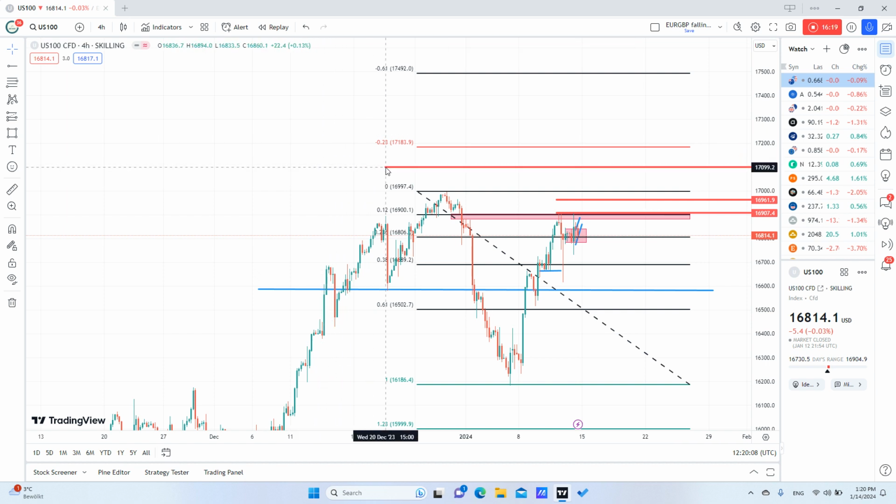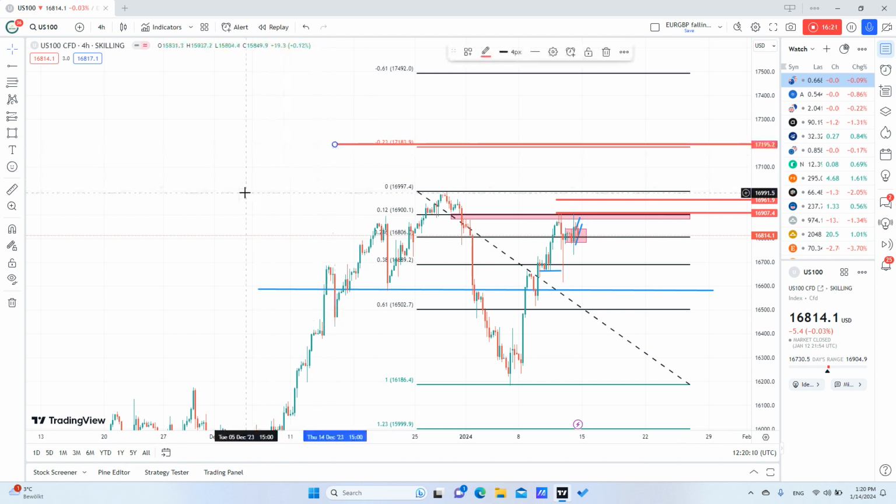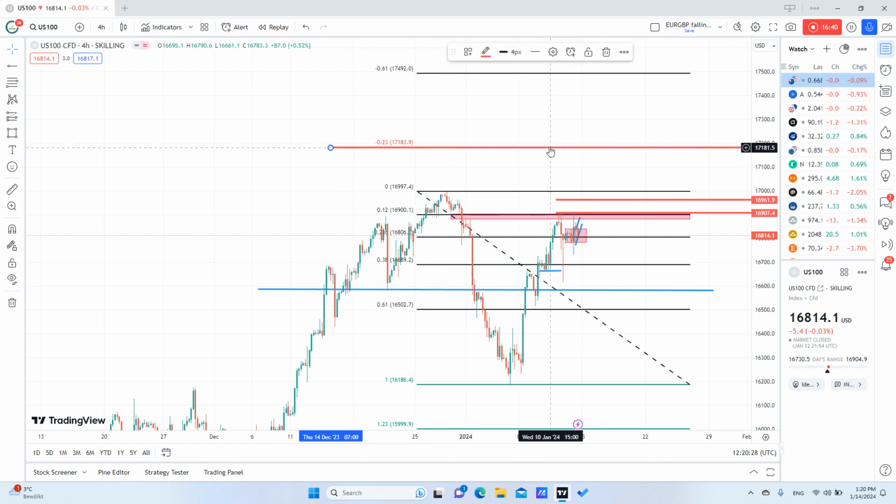or to be safer, as I said, here above the minus 23, because if it reaches this area, it means the setup is wrong, because sometimes it goes into this area and the setup is still valid, because it goes here with some wicks and then it goes down. So it's better to have your stop loss here. You are sure that if it goes here, your setup is